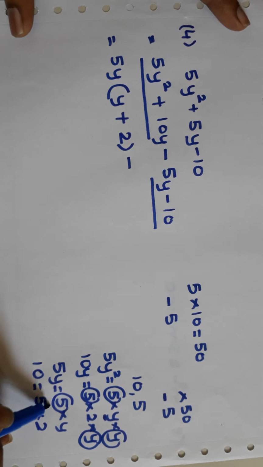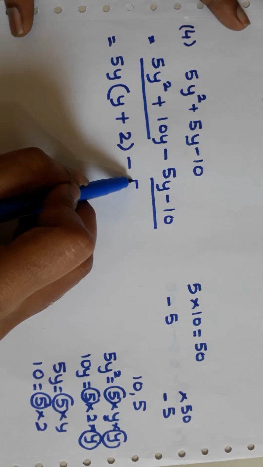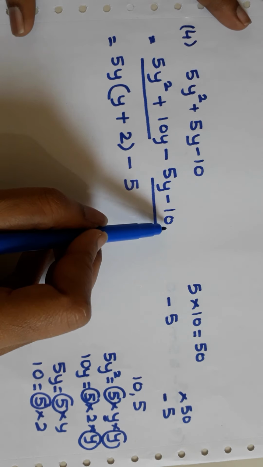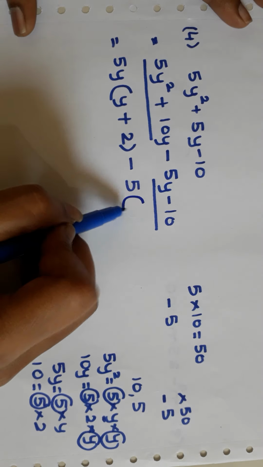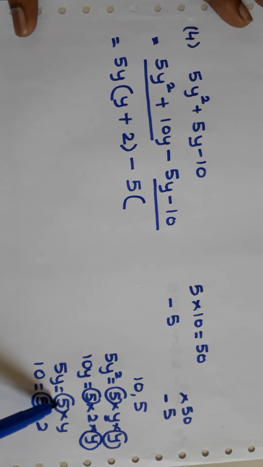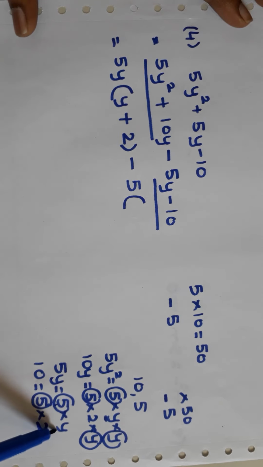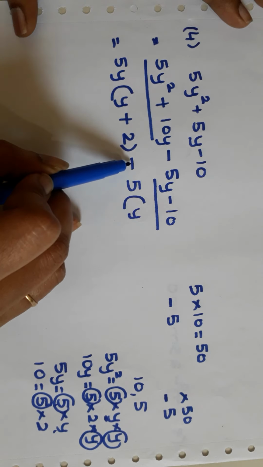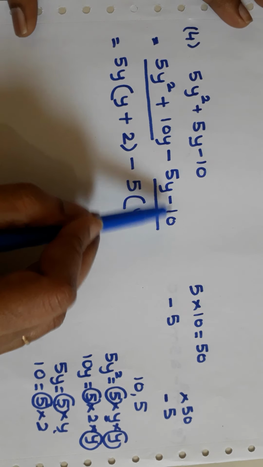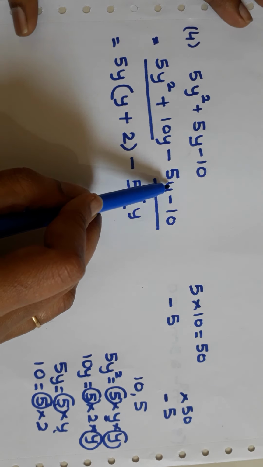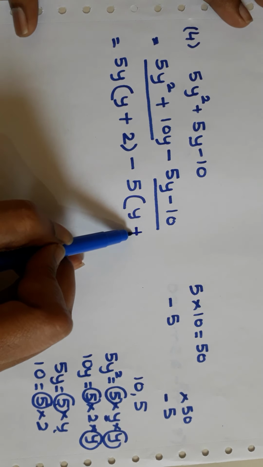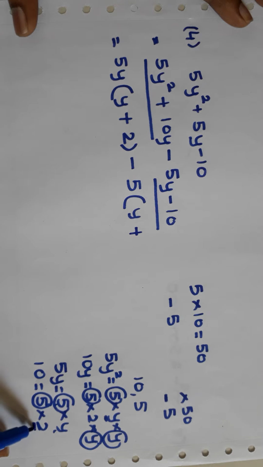So 5 is common in both the terms. So take 5 together with the negative sign. Minus and 5 are both common in the last two terms. Put a bracket. Now when I take 5 common from the term 5y, y is left. I am not writing minus because I have already taken minus. So the sign of both the terms will change. Here it is minus 5y, so it will be plus. And here it is minus, so here it will be plus. And the term which is left is 2.